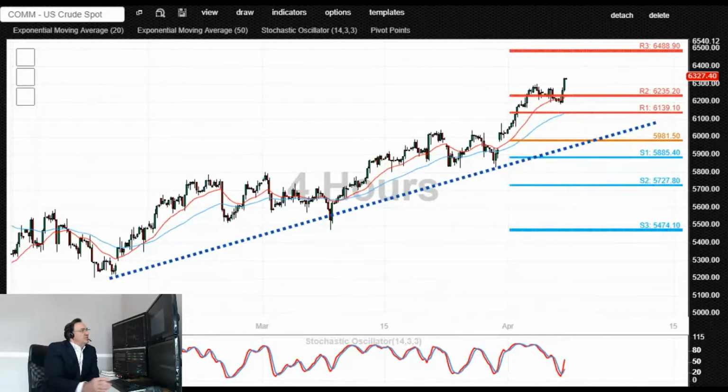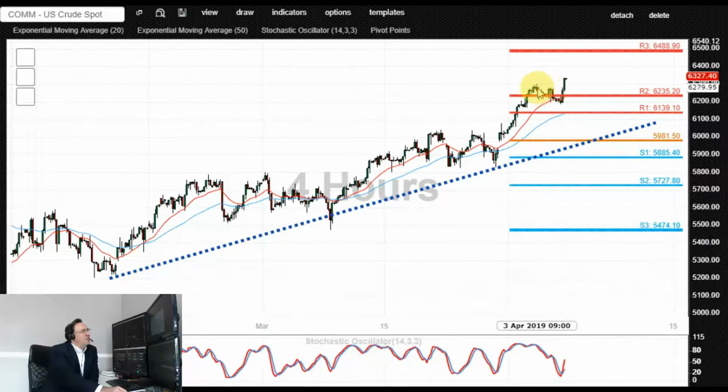The last thing that I want to talk to you about is crude, WTI crude. The inventories are coming out on Wednesday as well. So Wednesday is probably the busiest day of the week for us. But crude oil is uptrending quite nicely. We had inventories data which pointed to a massive oversupply based on the expectation, but